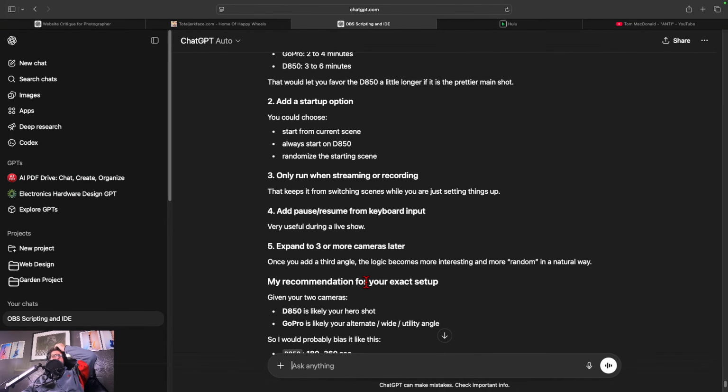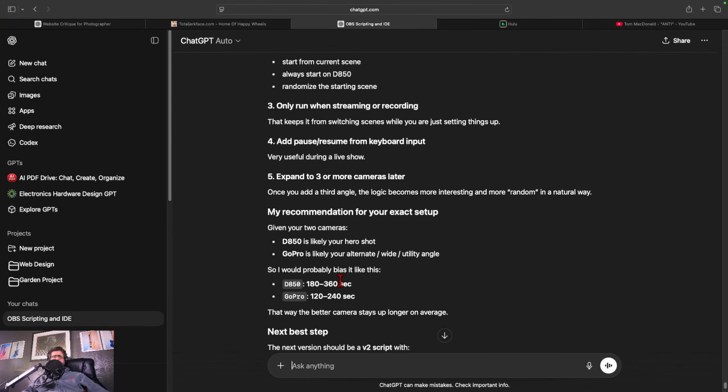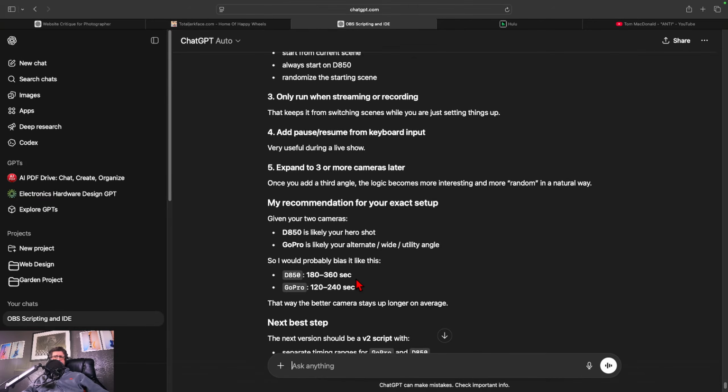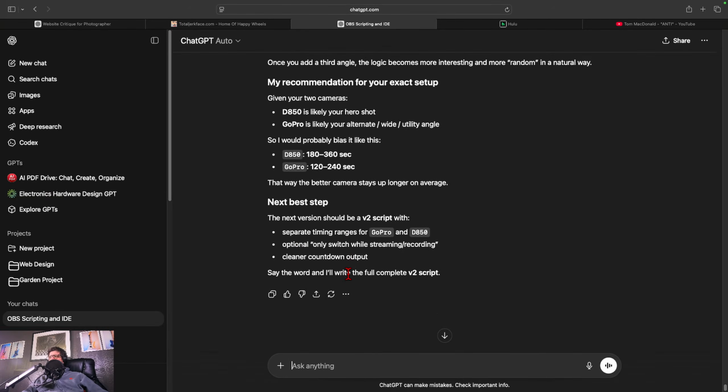My recommendation for your exact setup, given your 2 cameras, D850 is likely your hero shot, GoPro is likely your alternate wide angle, utility angle. So it gives me a selected bias, which is fine. I may or may not use that. So now I have some specific questions for it, because now that I've built this,